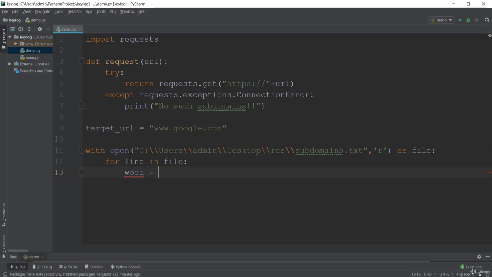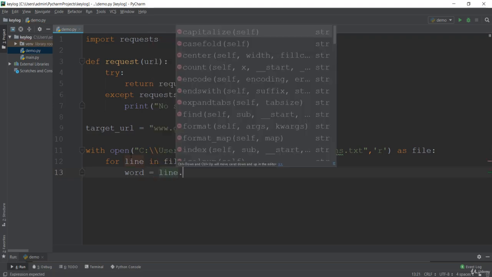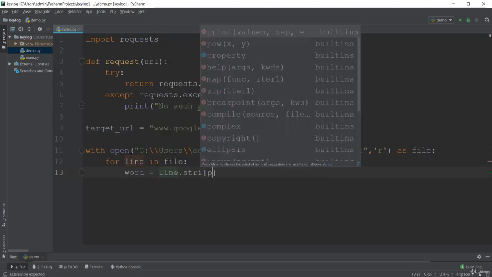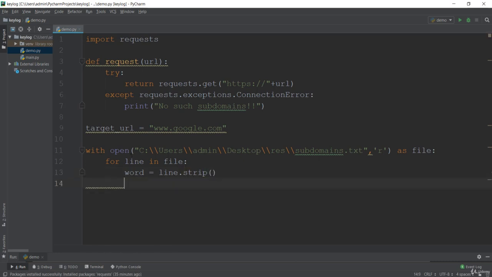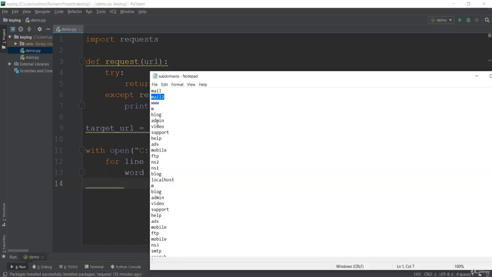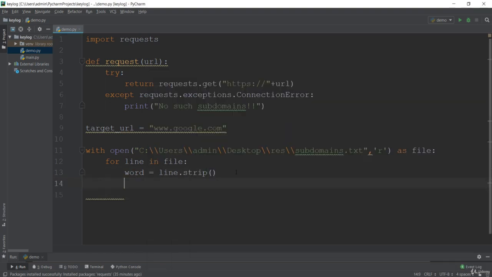I'll just loop in that file. I want to just extract the word. So if you want to just remove the spaces between the lines, that is done by the strip method. We have learned about this strip method in the string section. This is going to remove any white line spaces. If there is something, let me say in this line, if there are these spaces, let me say in the video, it is going to remove that, and it will just make something like this. So let's go back, and after we just strip that word, we have to make now the test URL.